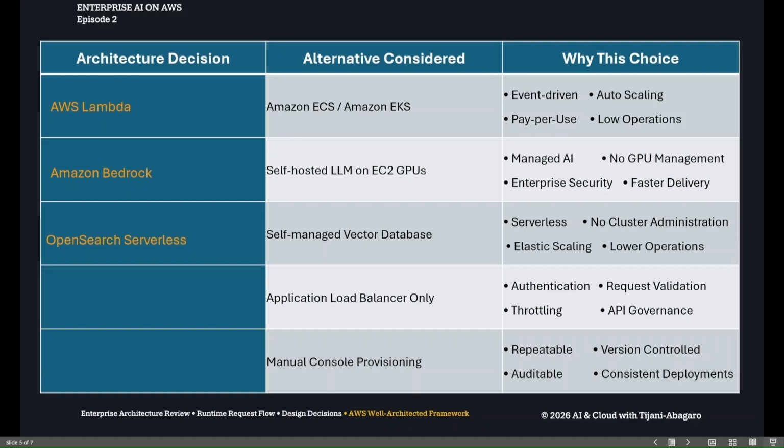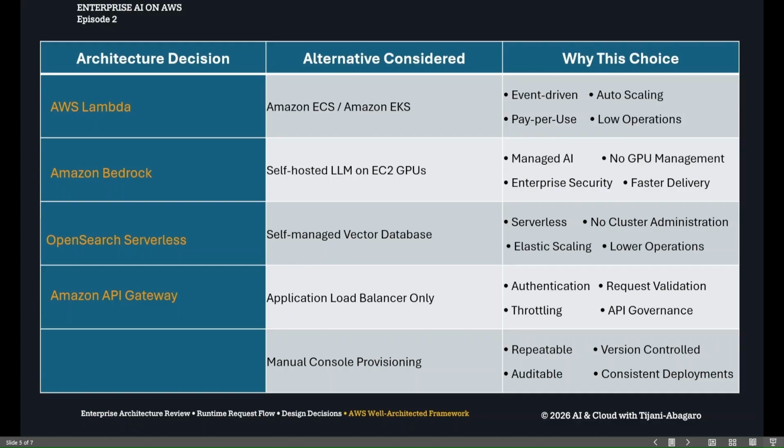At the API layer, I selected Amazon API Gateway over using an application load balancer alone because it provides centralized authentication, request validation, throttling, and API governance. Finally,